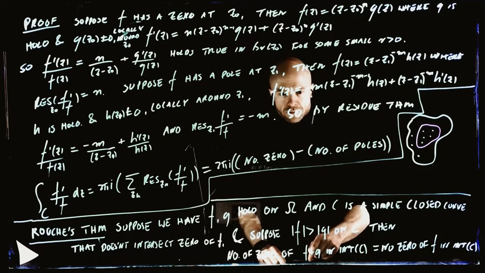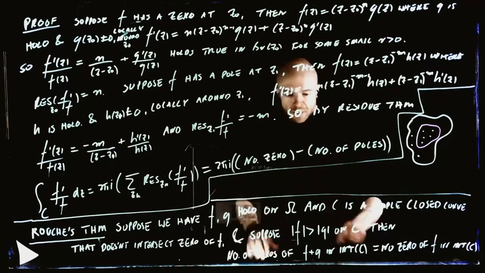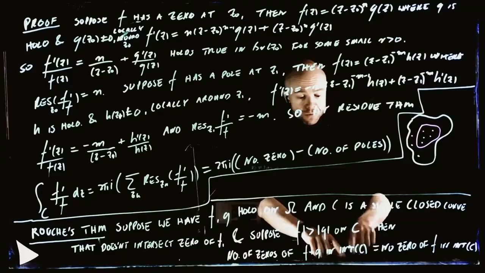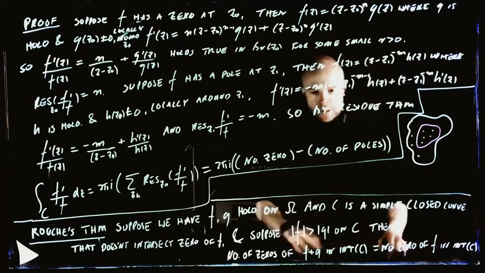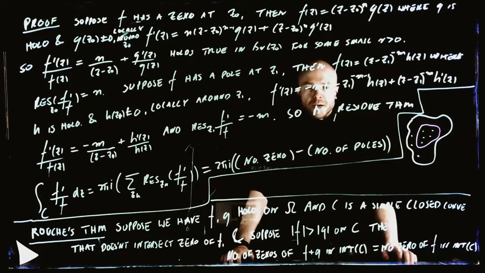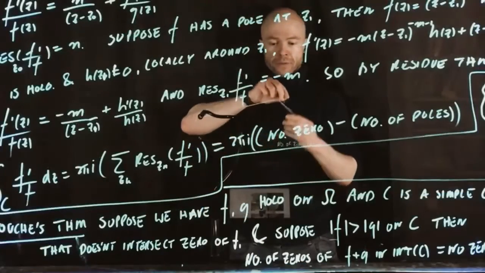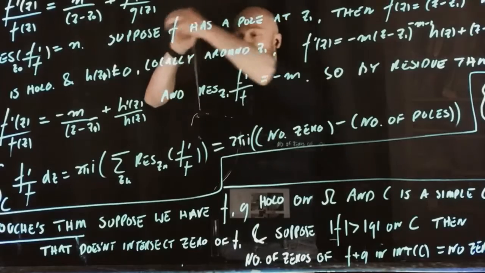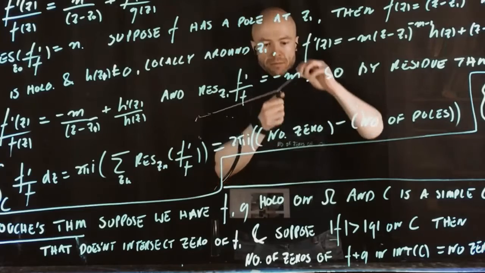Just by visualizing what this hypothesis implies. And then by the argument principle, we should have that the number of zeros inside the interior of C for this function f plus g should be the same as the number of zeros of f. So this statement seems a little bit technical when you first see it, but visualizing it as g being trapped into doing whatever f wants to do